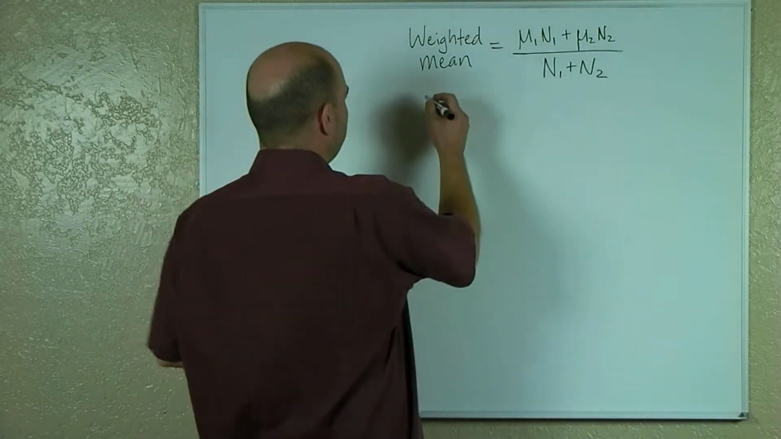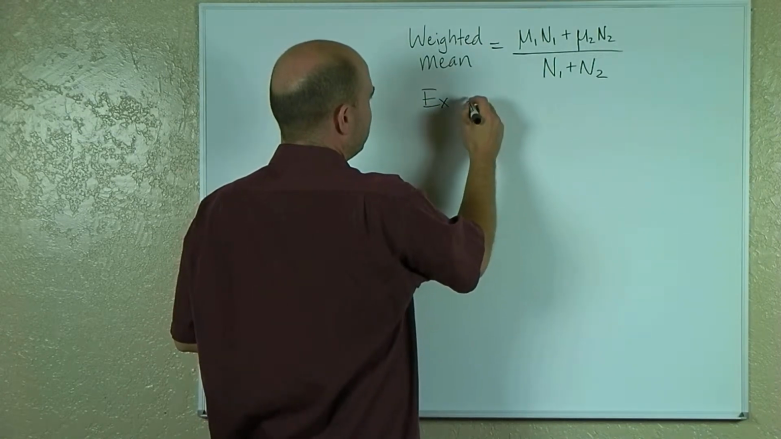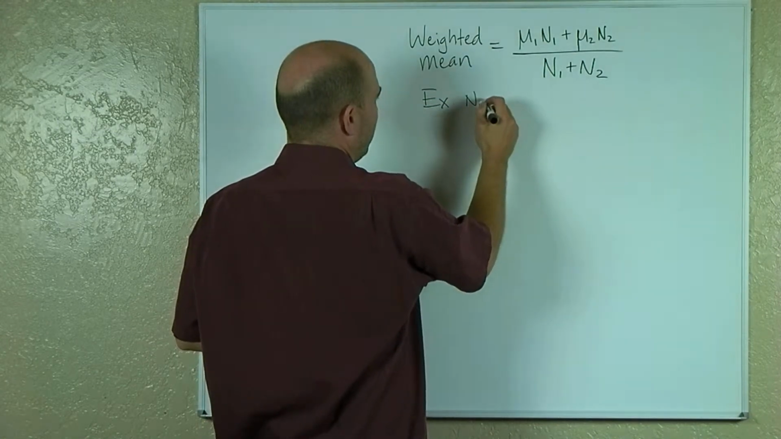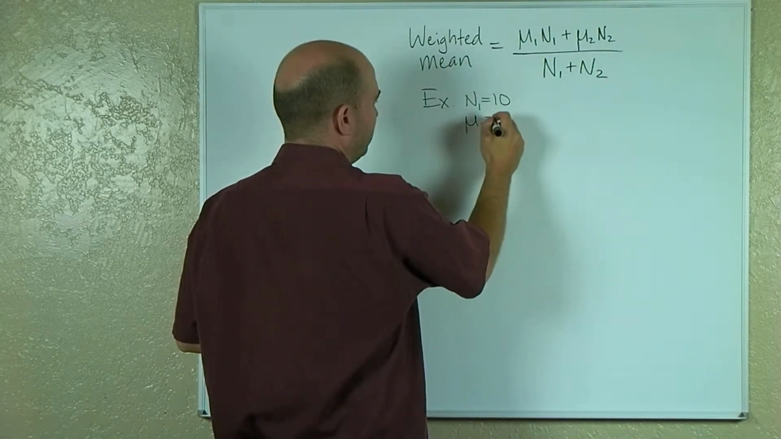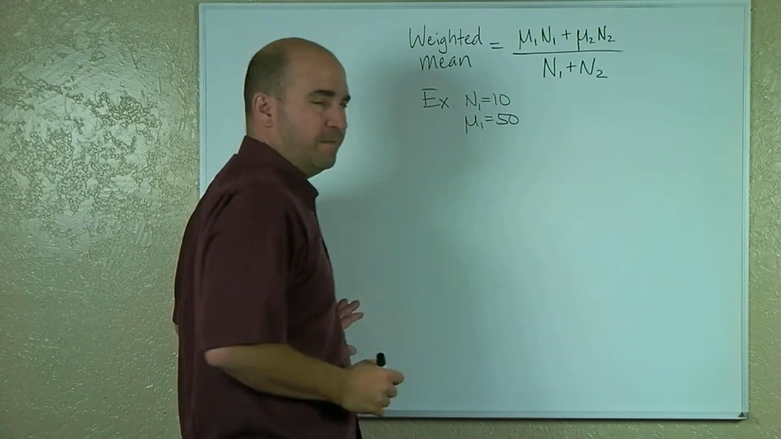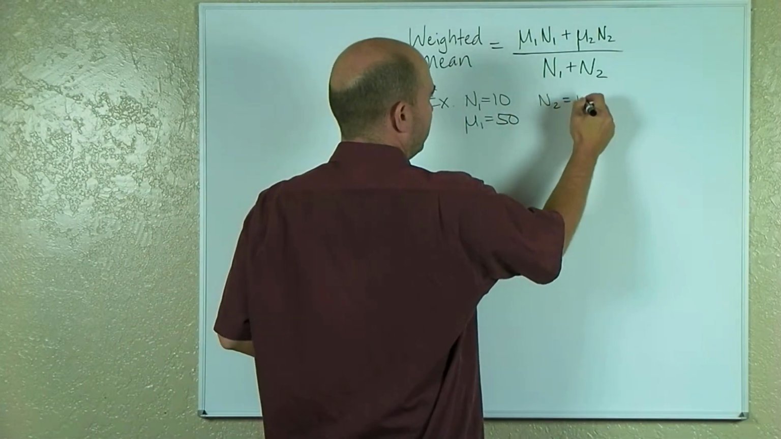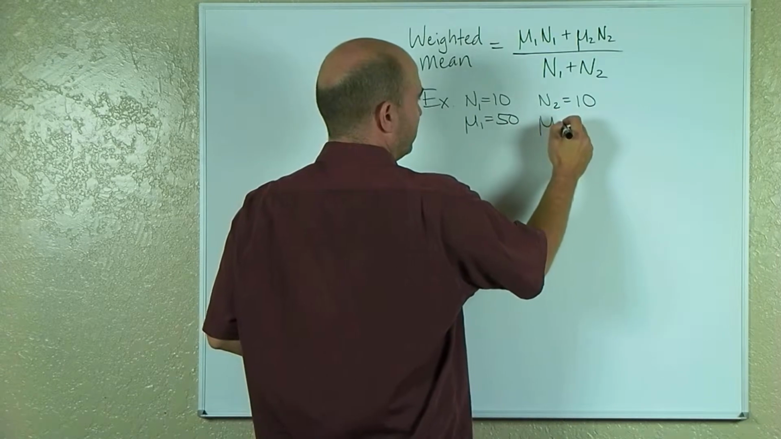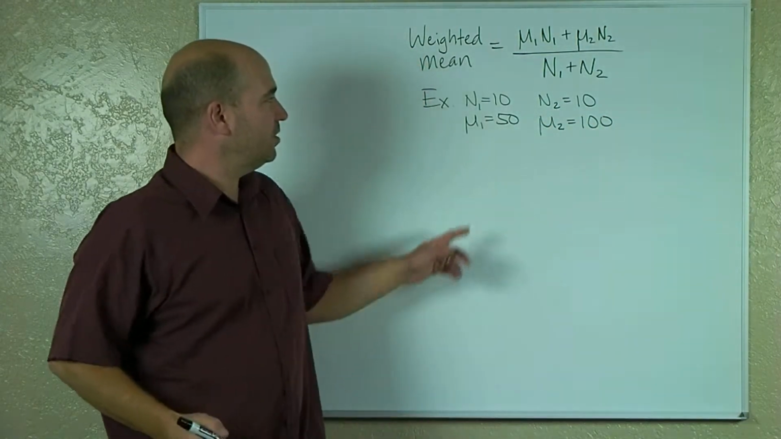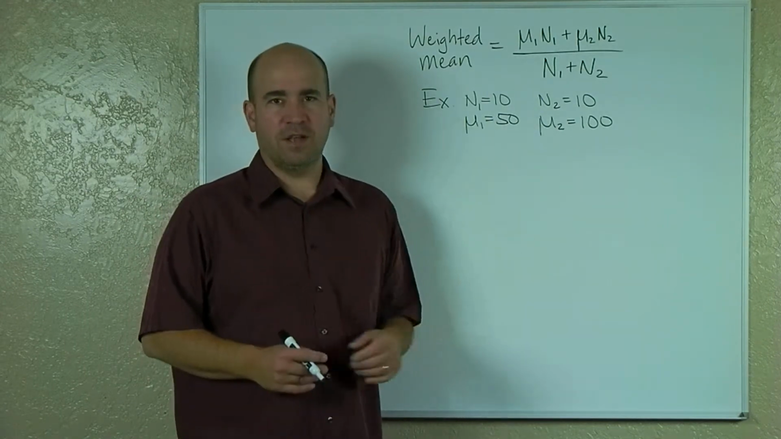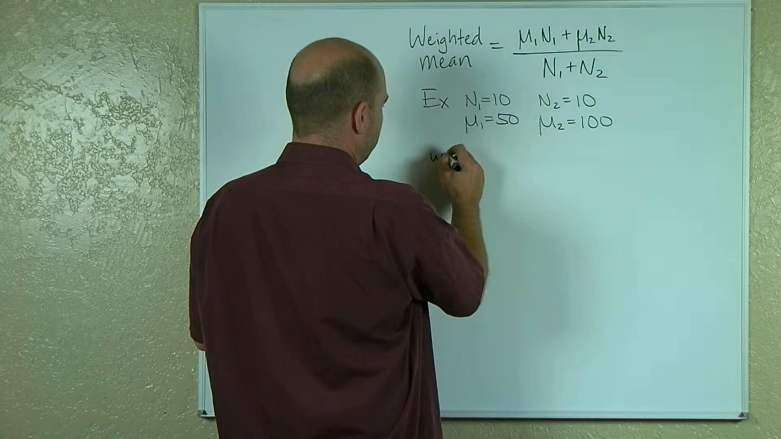In our first example, suppose we have the first group has a size of 10, and the population mean for that group is 50. And the second group also has a size of 10, and its population mean is 100. Okay, so using these values, we're going to go ahead and calculate the weighted mean. So the weighted mean is equal to,